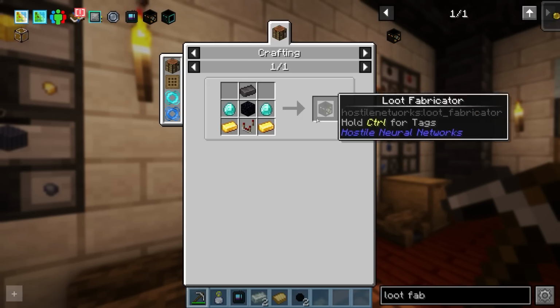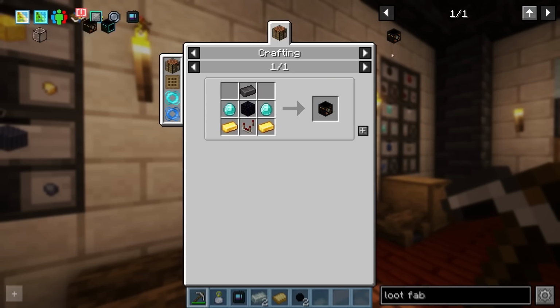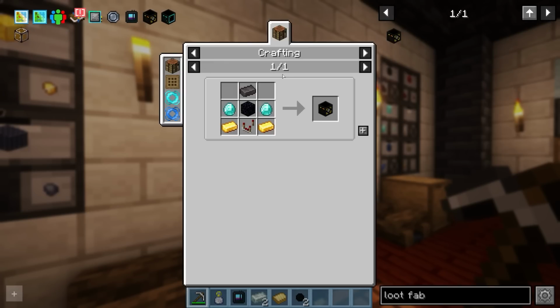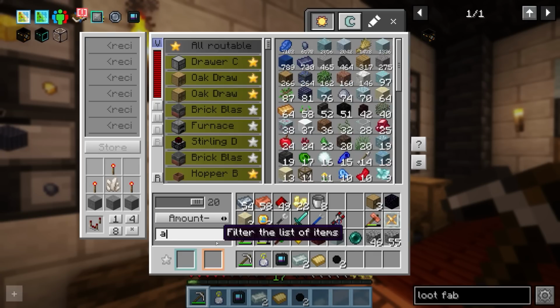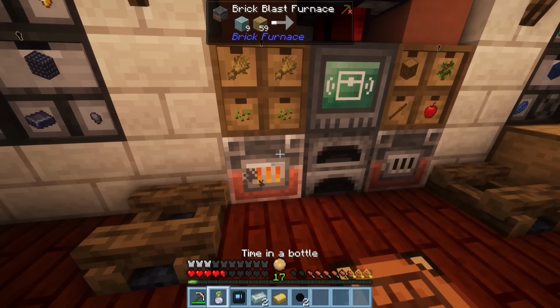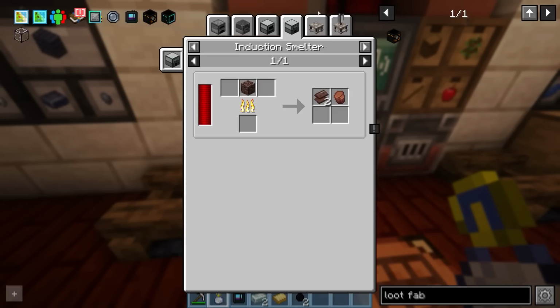The loot fabricator here is fairly straightforward. The only thing we don't really have here is diamonds now, because we used them to make a diamond sword, which in hindsight probably wasn't particularly useful, but we also don't have netherite just yet. That is fine, because we do have some frozen ancient debris, which I believe we can go ahead and smelt in here. And then I assume we can take that ancient debris and either smelt it or...